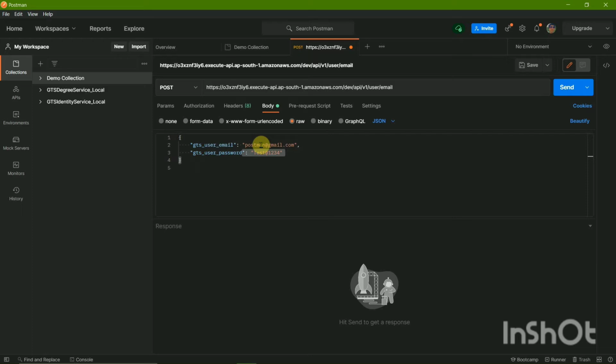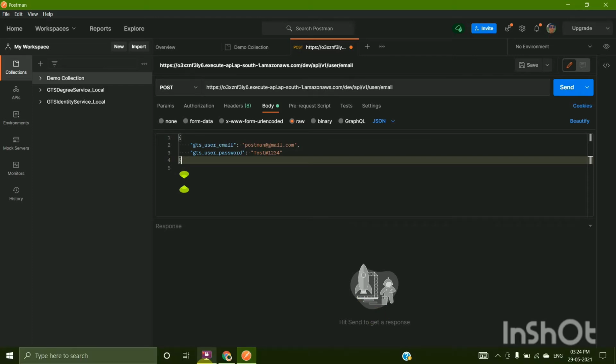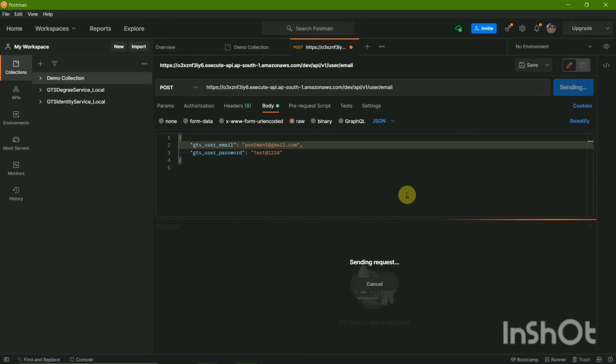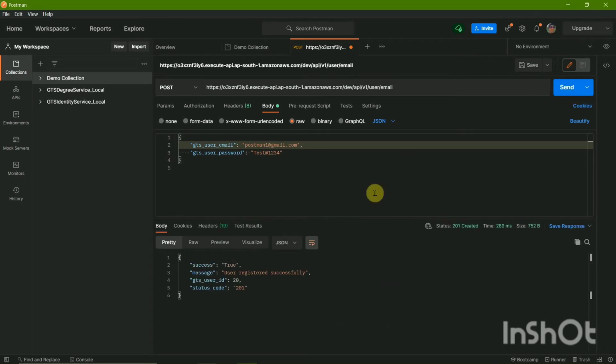Then after typing the body, I can click on send, to make sure everything is okay. So I'm going to click on the send button to make sure the JSON is working properly.